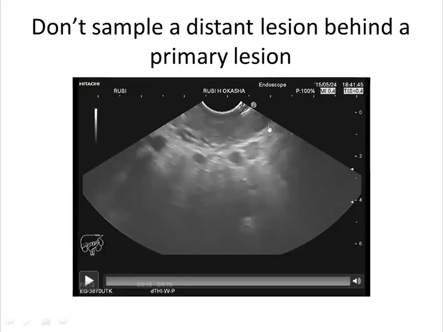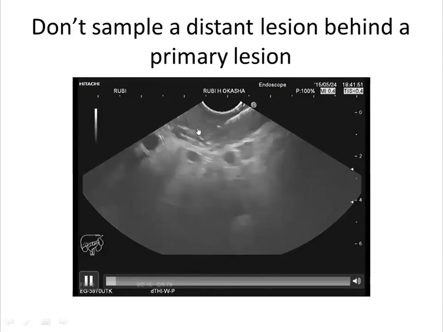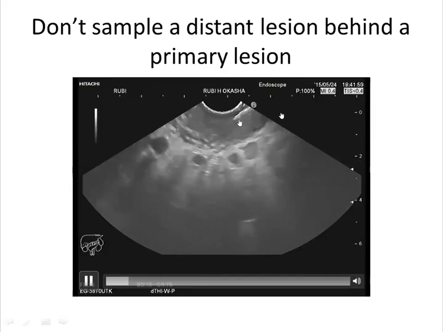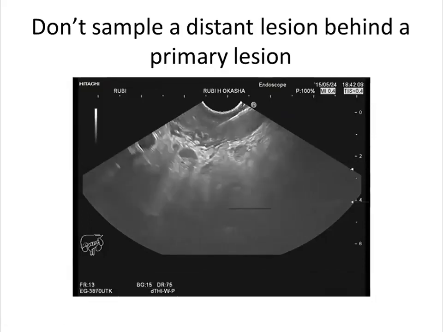Try to find a window to sample this lymph node without passing through the primary lesion. Actually, in this lesion, I can't, because the lesion is so long, so extensive, so there is no window to sample this lymph node. So I sampled only the wall, and this is enough for diagnosis, and I didn't sample this lymph node because I shouldn't traverse a primary lesion to reach